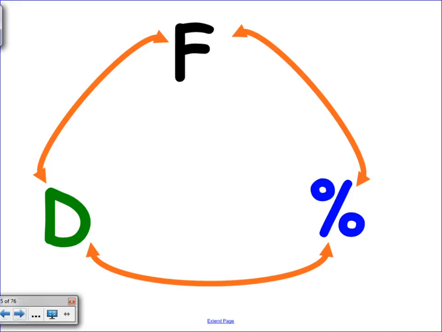So let's look at this relationship between the two. I can almost give you any fraction and we can go around this loop, or any decimal or any percentage, start at any point and create the other two missing things. And you're going to need to do this, because I'm absolutely positive, bet my mortgage on it if I had one, that this will come up. They will ask you to compare a fraction with a decimal with a percentage to prove that you can do this process. So let's choose a fraction of,